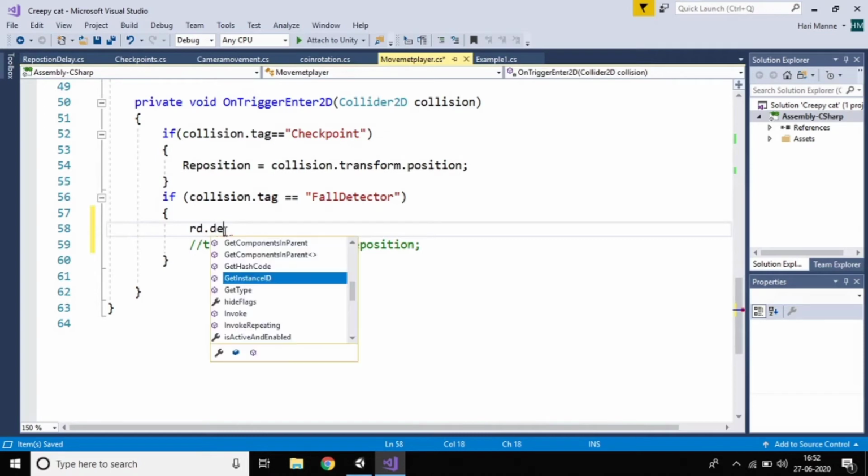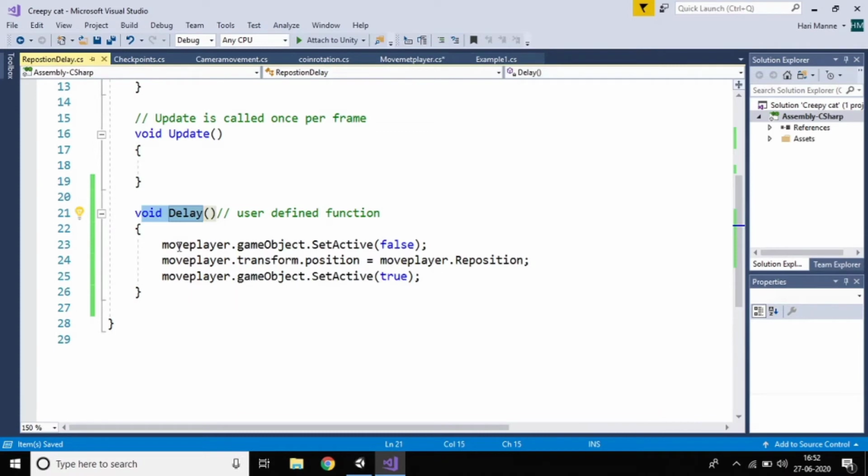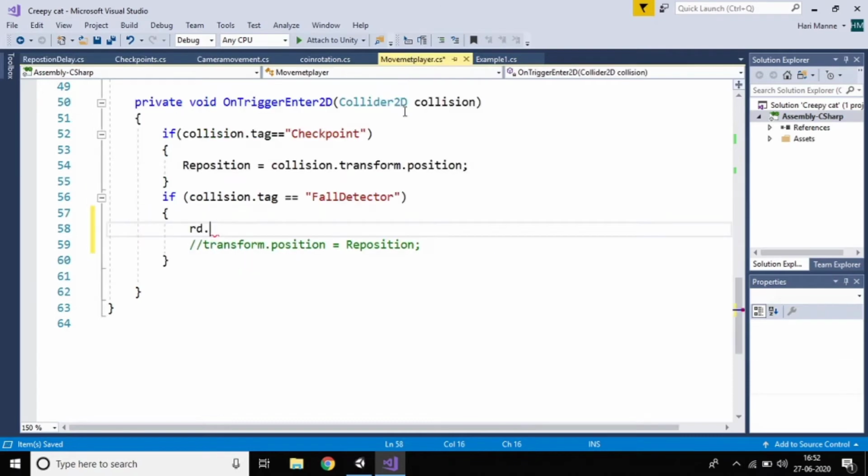So Delay, we can't find it, why? Because it should be public, right? Then only we can access it. So just control S, and now we can find that. Yes, of course, just control S, save this one. So we are accessing the code to here, and we've done everything, right?